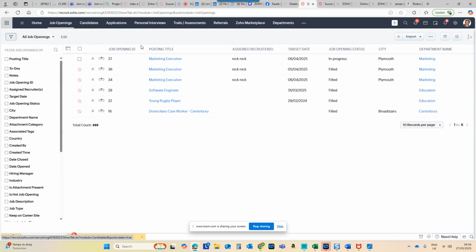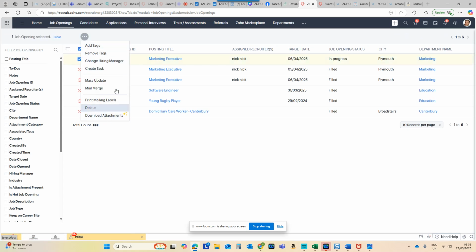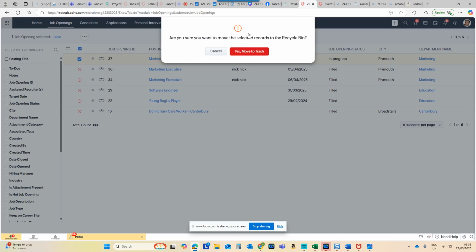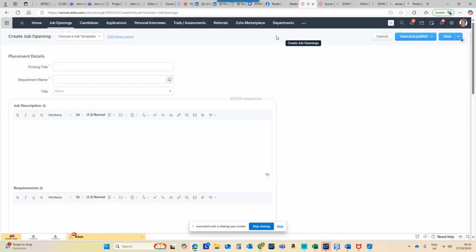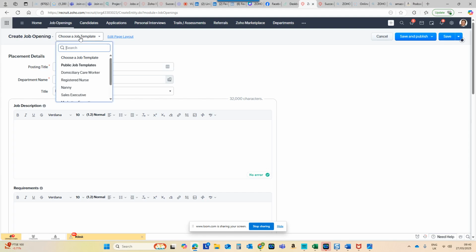So go into job openings. I'm just going to get rid of this old job here. And I'm going to create a new marketing assistant job. To do that, I go to the plus button just to the left of the import button at the top right. And at the top of the page, there's the facility to use a template to create the job, which